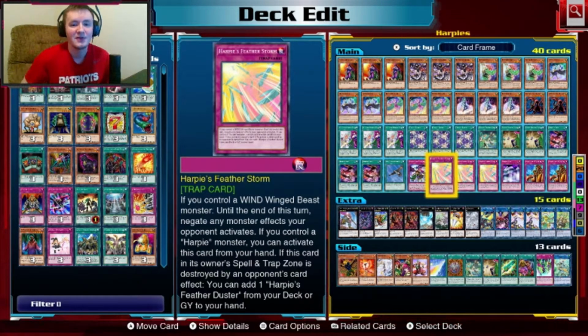3 Harpy's Feather Storm. Now this card's a bit weird. It's a hand trap, kind of. If you have a Harpy on the field, basically, you can activate this in your hand. Until the end of the turn, you can negate a monster effect. And that's about it. After it resolves, you can search for a Harpy's Feather Duster, but it's banned in this game, and it's limited to 1 copy in real life, so...